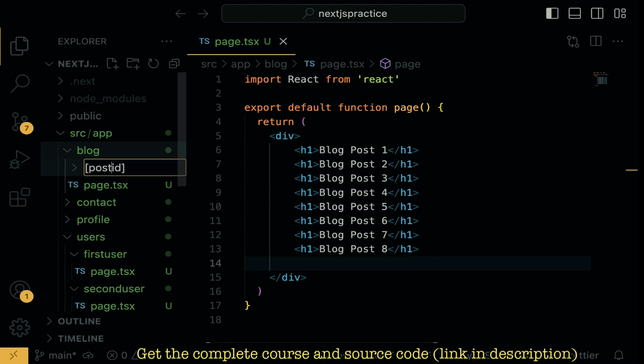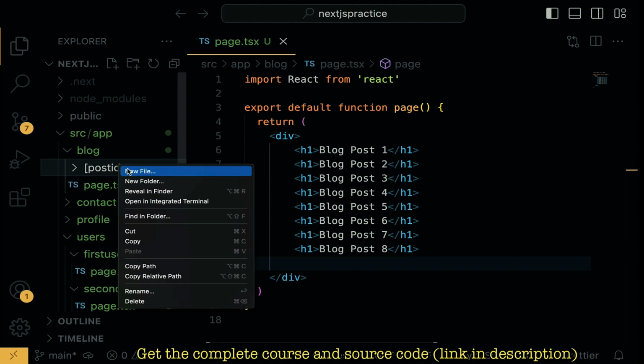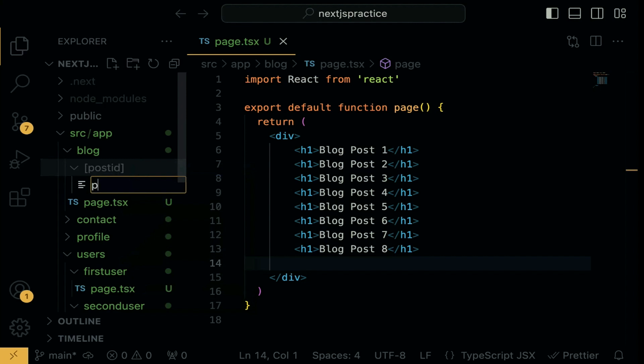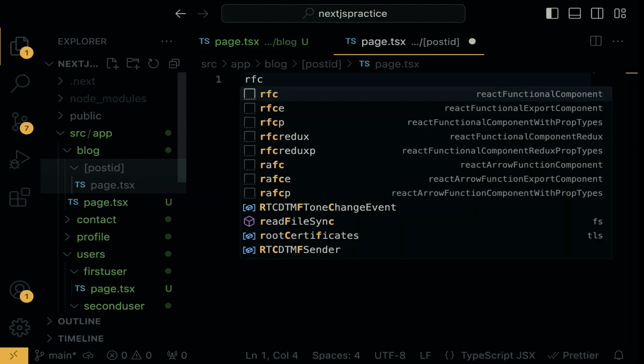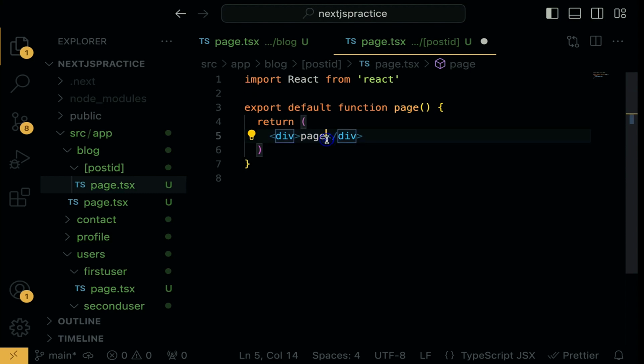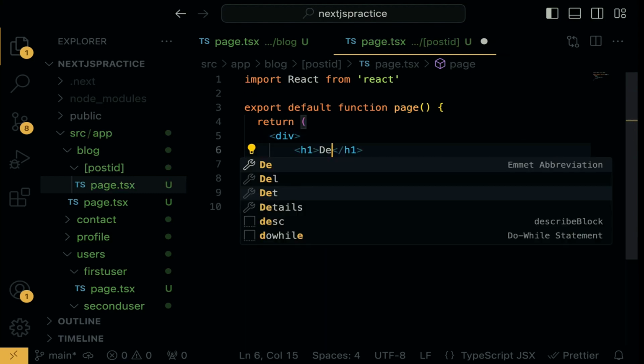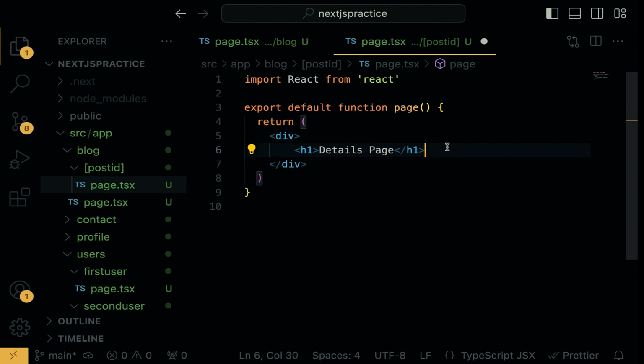Within the post ID, right click, and then we are going to create a new page. This will be called page.tsx. Generate the functional component. So here we are going to have an h1 tag, and I'm going to do details page. When we click on any of the blog items, we should be able to pass it down into the details page. When you save and check out the browser,